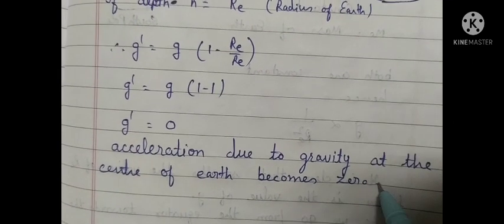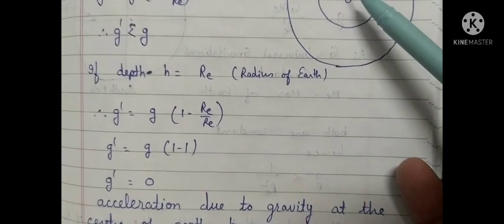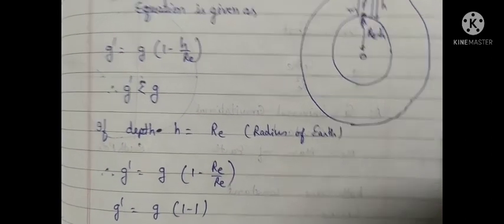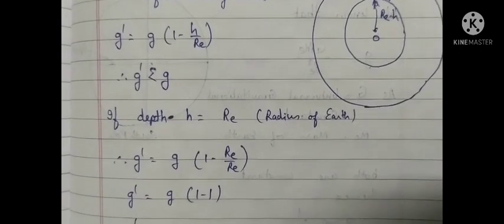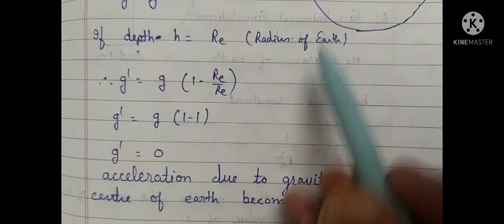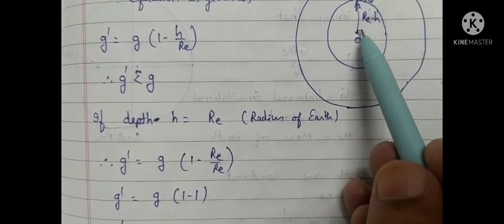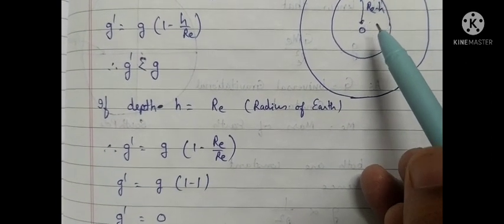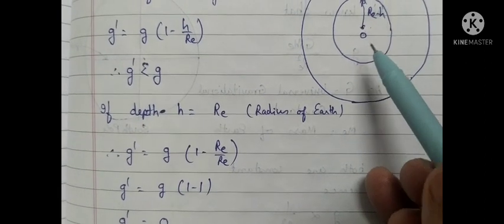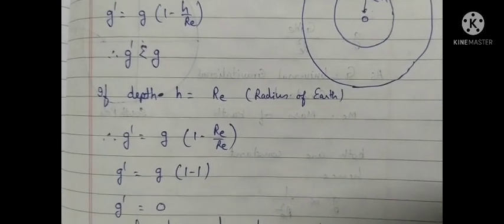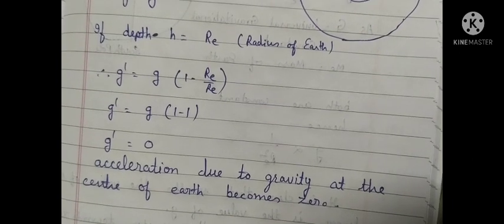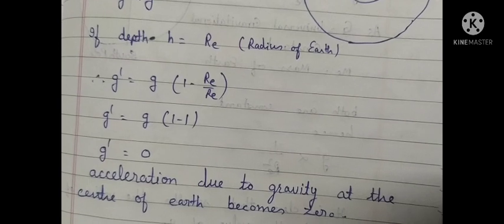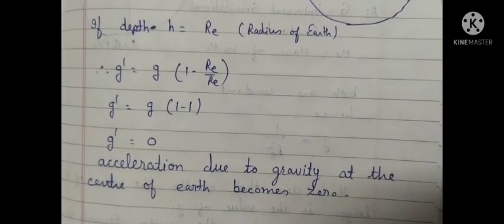So here the condition of weightlessness comes, as it is observed in space that the acceleration due to gravity is 0. So if the object is placed at the center, it observes the acceleration due to gravity to be 0. Okay, so this is all about the two points I have considered, the effect of depth and the effect of height. In the next lecture, we will consider the effect of latitude and the effect of shape of Earth.